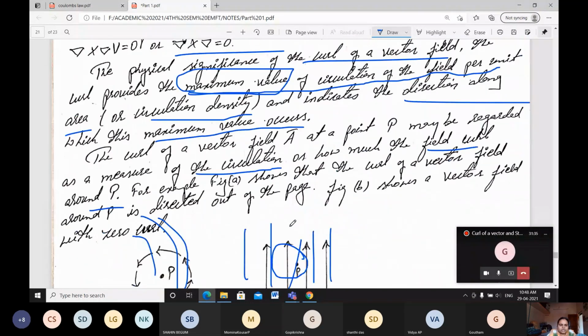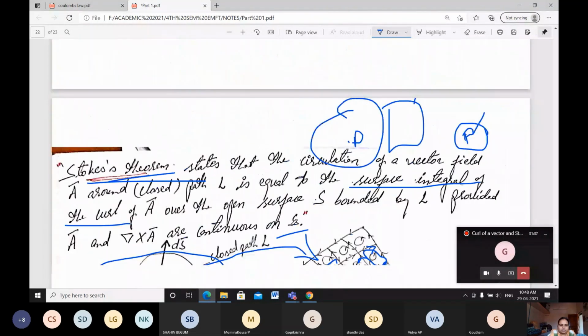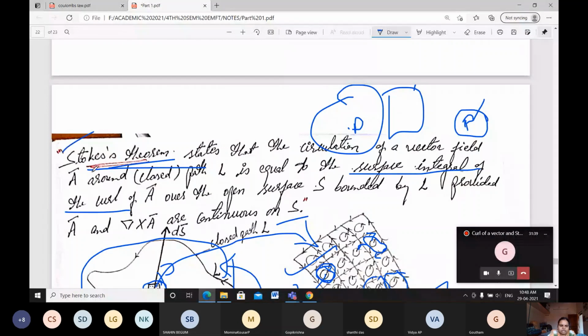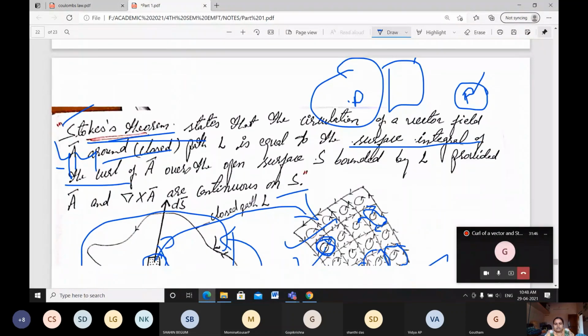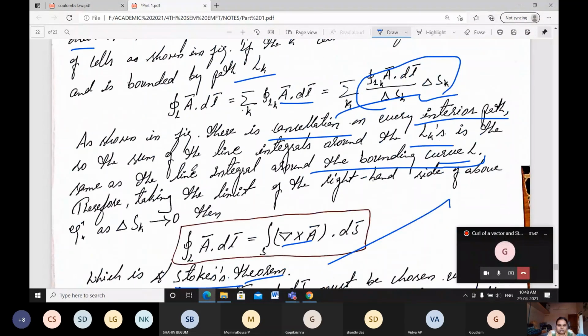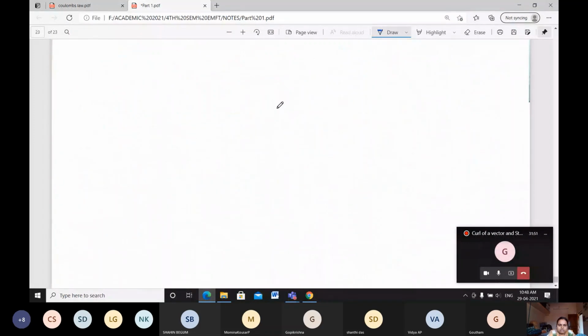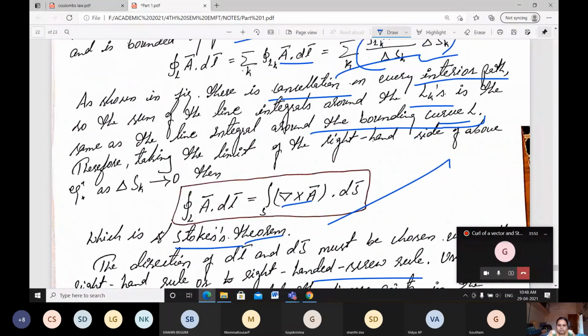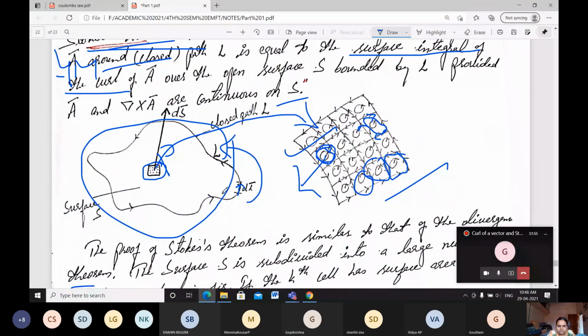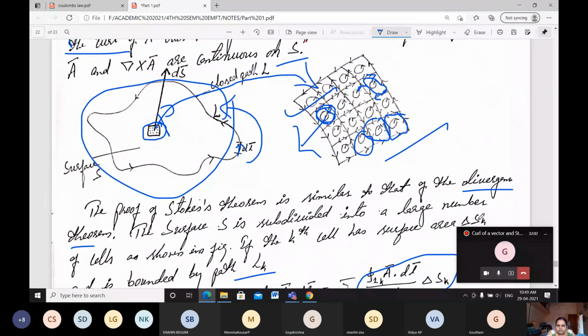When they ask for Stokes theorem, then go on writing from the Stokes theorem. Stokes theorem will be important for 4 marks. This part will come again in our third module. Here it will be easy to remember, for that reason I have taken this. One more time, we'll go through this part again in the third or second module. This is about the curl of a vector or else our Stokes theorem.